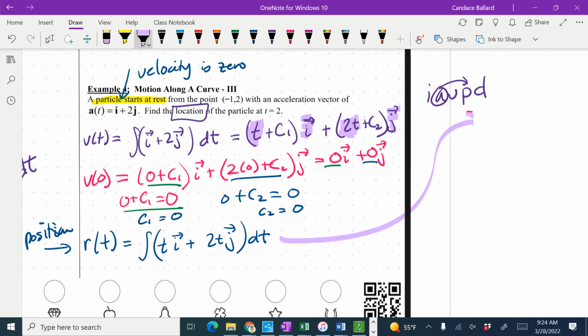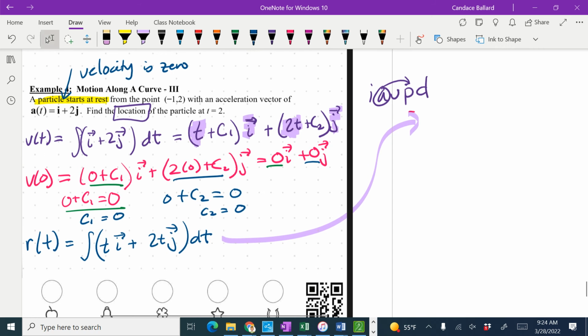Okay, I'm going to just move my work out here so we can see it. All right, we're going to go ahead and integrate. So when I integrate t, what do I get? t squared over 2, so this is R of t, equals t squared over 2 plus C sub, actually we have to go another one, C sub 3, because technically you already had C sub 1 and C sub 2. And then times i